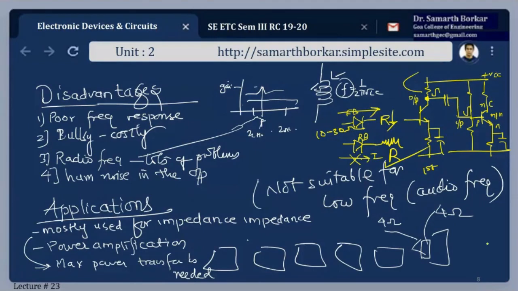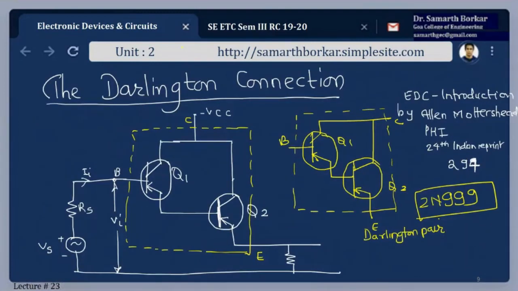Fine. But for an amplification, in one of the lectures I said input impedance has to be high, output impedance has to be low. But now you see here, since the base emitter is forward bias, meaning the resistance will be low. So we have to have some mechanism by which we can increase this resistance. So we have to increase the input resistance. Now let us investigate how we can do that.